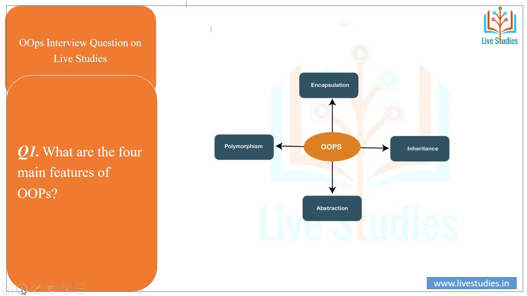Polymorphism means one name but multiple forms. Multiple forms means, suppose